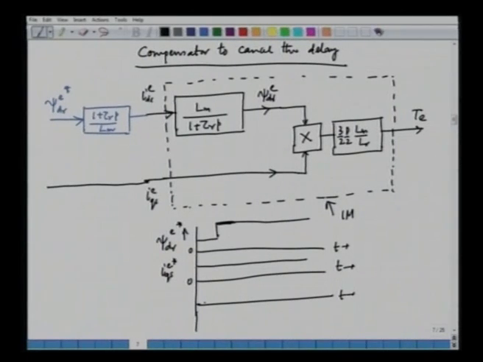Why is there no delay? The delay is not there because the flux component varies like this. Due to the derivative term in the controller, the flux component will change like this, and that is how this delay is cancelled. This is my torque, and the torque will also change proportionately. So, we can see that this is the torque response, and this one is IDS,